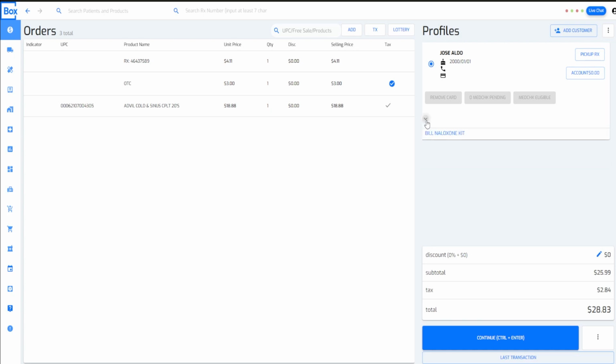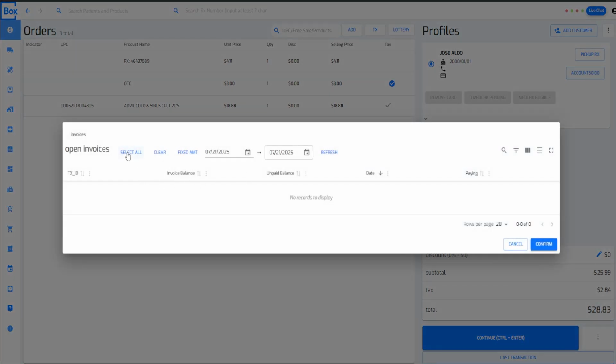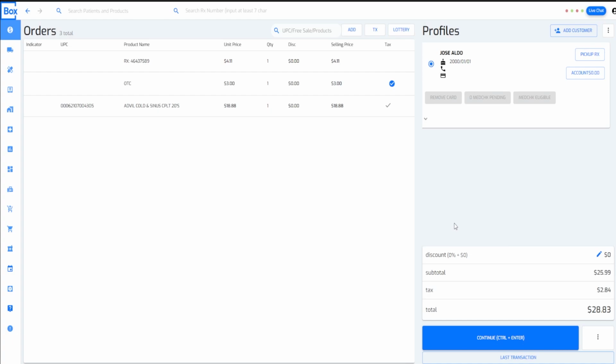So in Box, every single patient has a built-in account balance. You can see this patient has a $0 balance. We conveniently put a button here so you can click it and you can actually see any outstanding invoices. So anytime a patient is selected at the POS, you can select on account as a payment method. Let's go see what that looks like. So if I click continue,